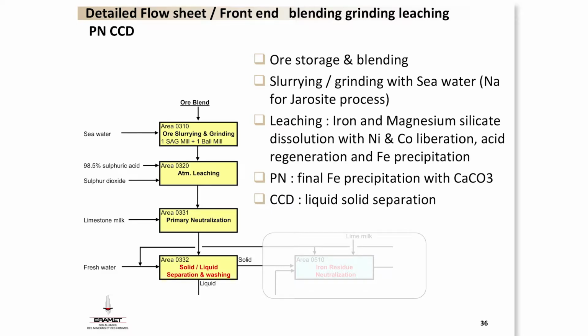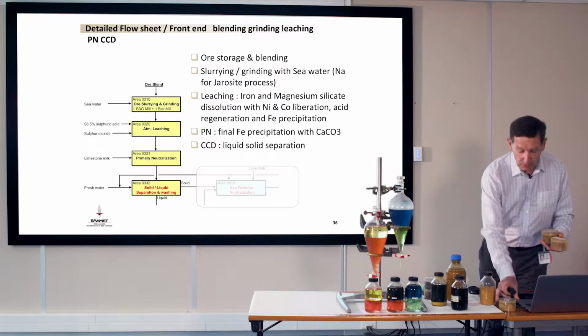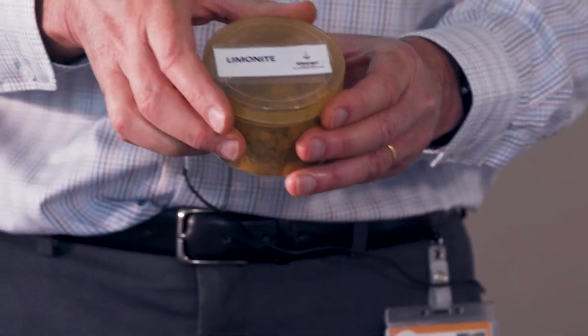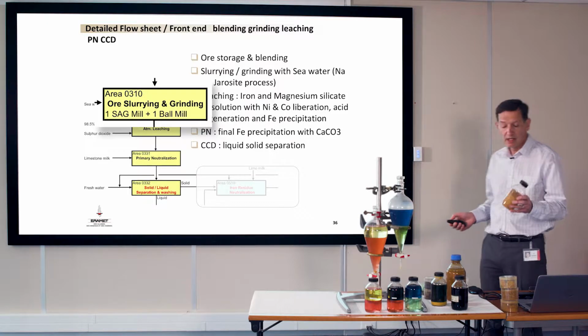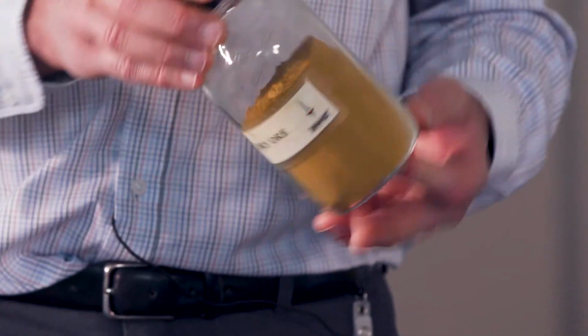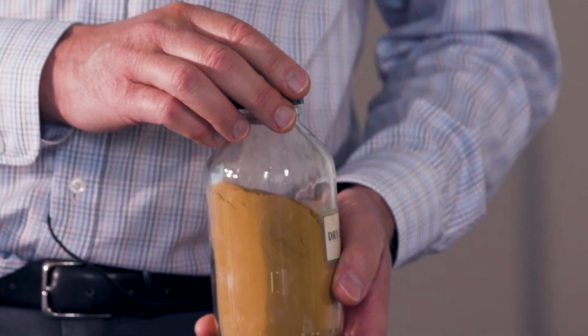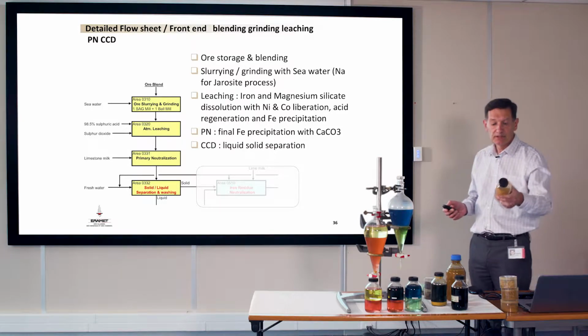First part of the process, that's ore preparation. You see, on the mine, you will have different types of ore, the rocky saprolite, the earthy saprolite, and the limonite. You will mix these different types of ore, and you will crush it in different equipment, a SAG mill and a ball mill, in order to obtain a very fine ore. The grain size of the ore is 100 micron. I present you that, but in reality,